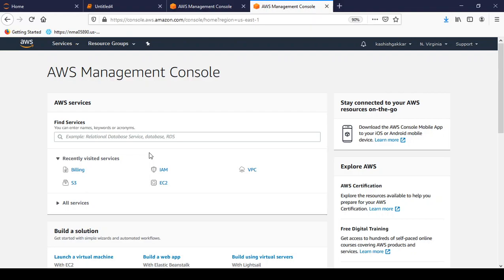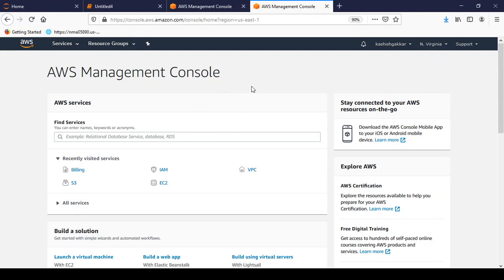In this video we will see how we can set an AWS budget so that you can receive email alerts whenever you are about to exhaust your free tier limit, or maybe you have set up some cost that you can incur on your AWS account, and you will get an email notification when you are approaching that budget, or you can say cost. So let's see how we can do that.